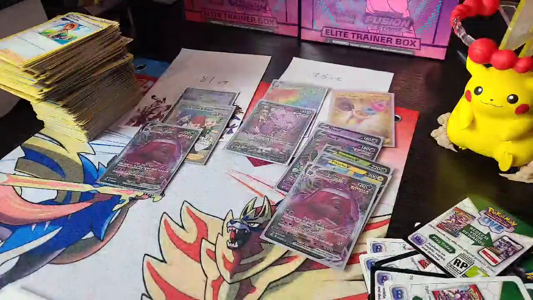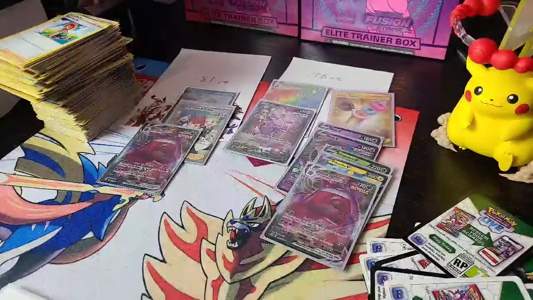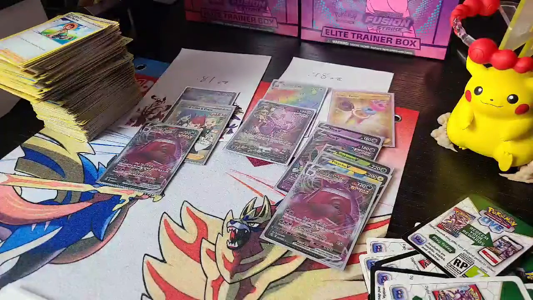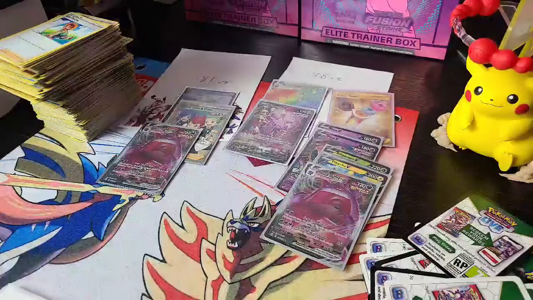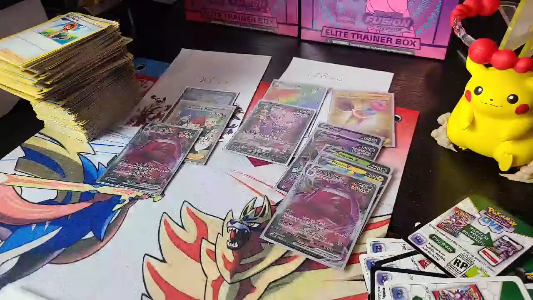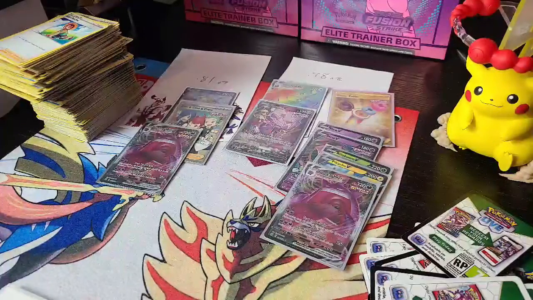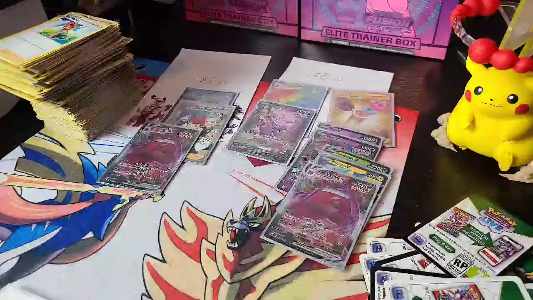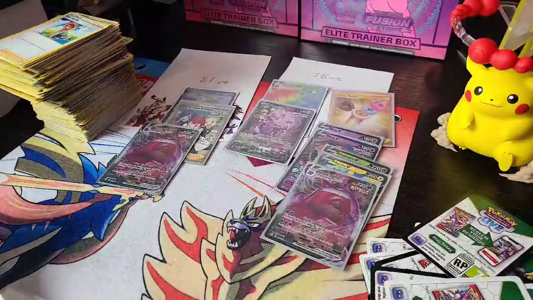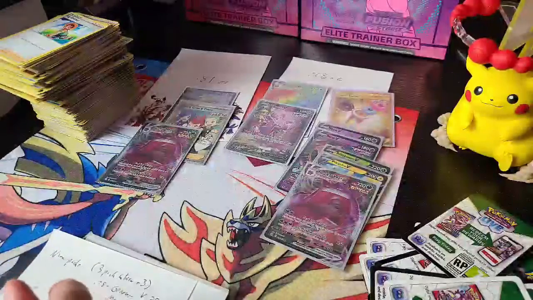So those were the cardboard packs. Out of 28, we got a VMAX, 2 secrets, 1, 2, 3 Vs, 4 Vs, and a full art trainer card. $38 cardboard. Hold on, I'm jotting this down because I'm probably going to forget later. Oh no, it was 2 VMAXs. So we got